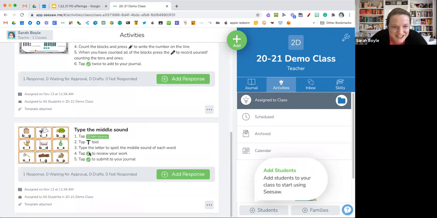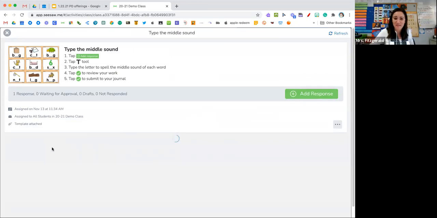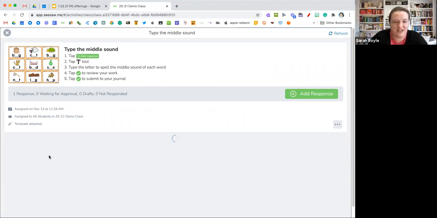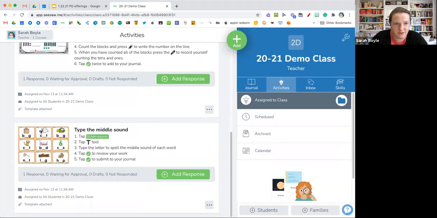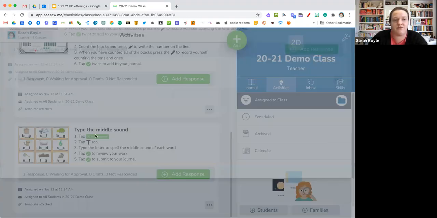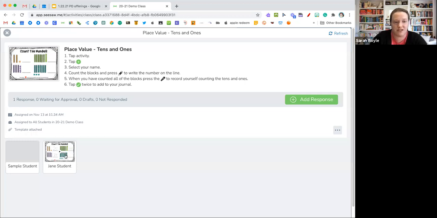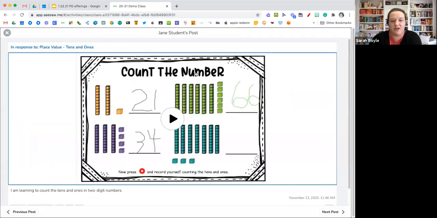All right, so let's go here. Honestly, I don't remember now. I remember doing it. I don't remember how. So I pulled up an activity that I know eventually should load. Come on. Or not. Let's try a different one. Try this one. All right, here we go. So Jane did this assignment. If I click on Jane's assignment and I'm looking at it,